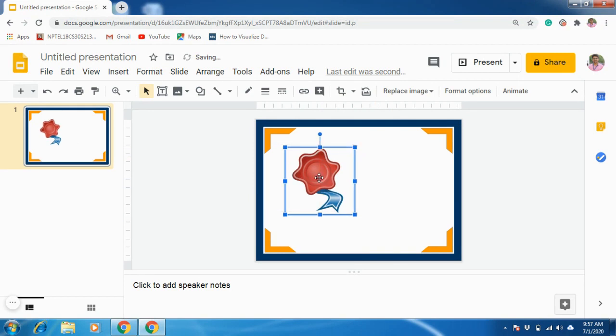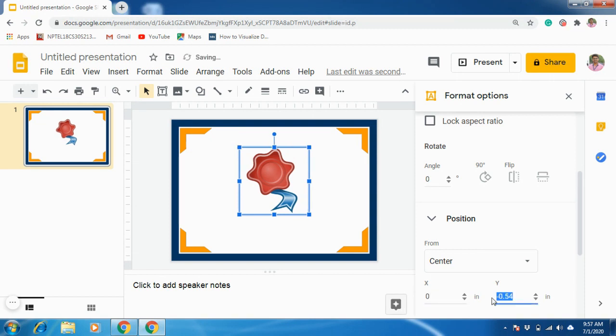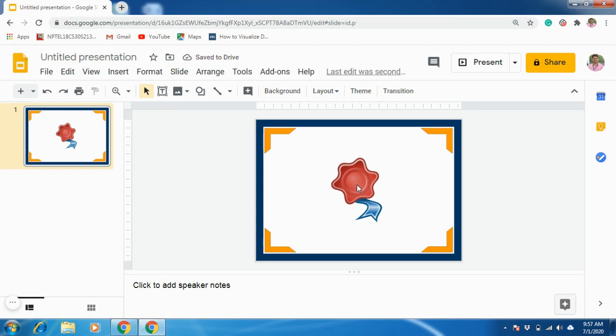Or simply select that image, go to Format and select the position. Under center, you keep the coordinates x and y as 0, 0. Automatically the image will be moved into the center.